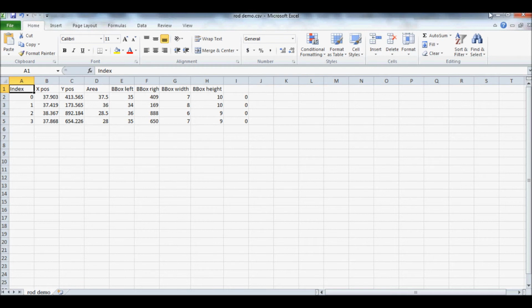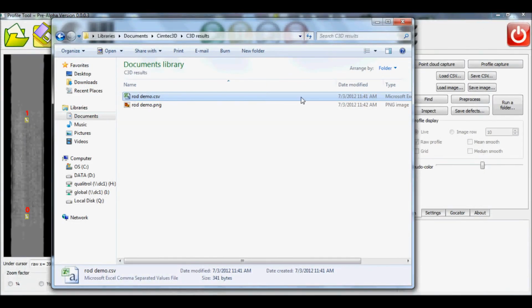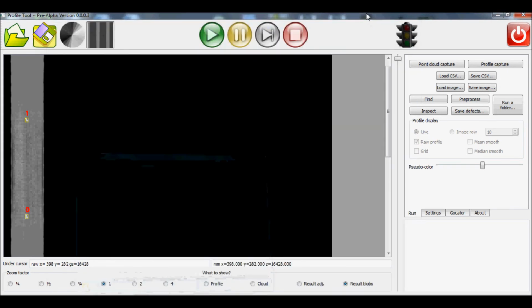So overall, that is the Cimtec 3D surface inspection, whether it be a flat surface or a rod surface that we unravel into a flat surface by rolling it under the 3D sensor. We can customize this to hide some of these settings and just have a runtime GUI like this where your operator simply hits play to start scanning it, and the defects can just be automatically saved to a CSV file